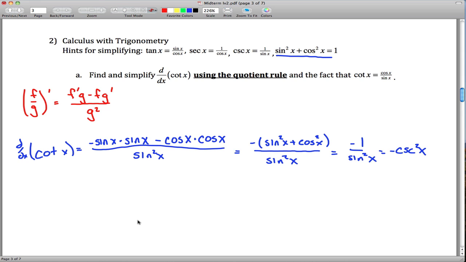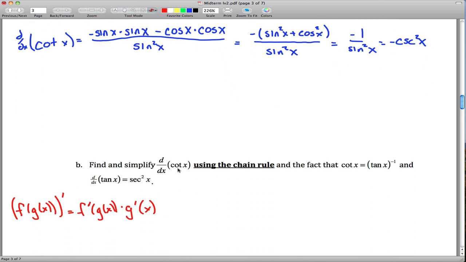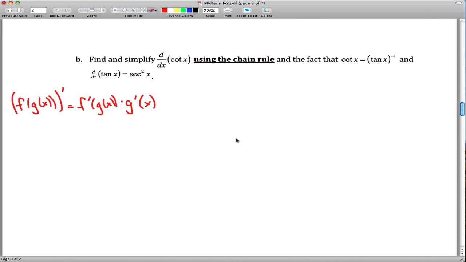Moving on to part B. Here we want to again find the derivative of cotangent, so hopefully our answer will match up. Hopefully again it'll be negative cosecant squared. But this time we want to do it using the chain rule. Okay, we got that cotangent is tangent to the negative 1 power. So using our chain rule here, our inside function is tangent and our outside function is x to the negative 1. So if we use the chain rule, we got that the derivative of cotangent